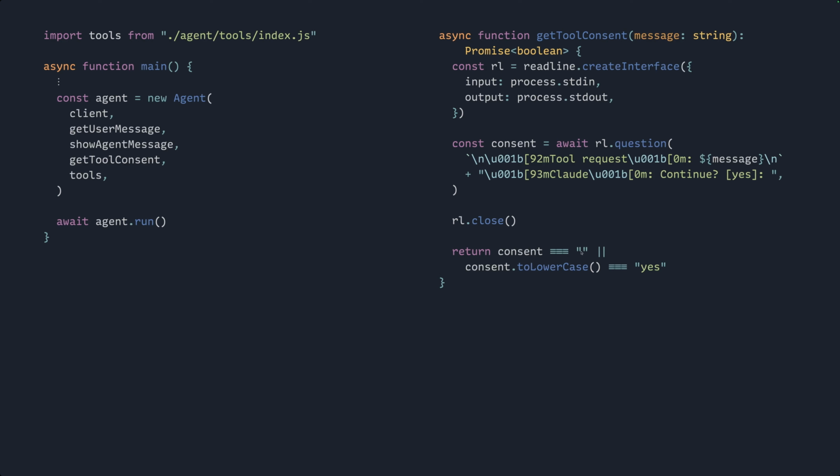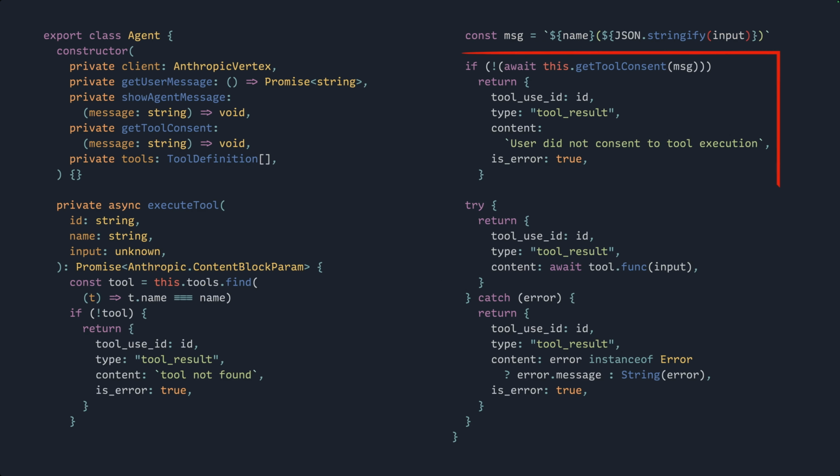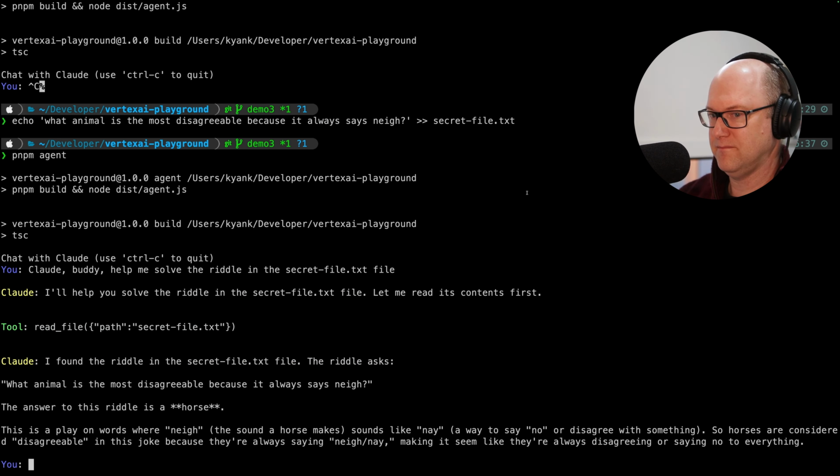And if the user does anything other than hit enter or type yes, we will refuse to run the tool. That's what this looks like here in our execute tool method. If the user doesn't give tool consent, we return a tool result that's an error saying the user did not consent to tool execution. All right, so let us see how this works.